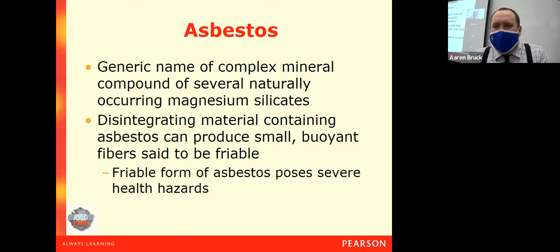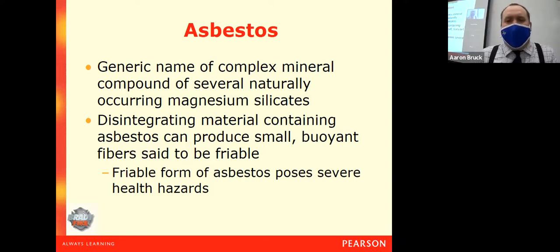And again, we're in the camp here of chronic materials, latent materials, things that develop over time. And one of those things is asbestos. Now, asbestos itself is not a singular compound or even a single set of atoms. It's a mineral. It's a rock. It's found in a lot of different materials.